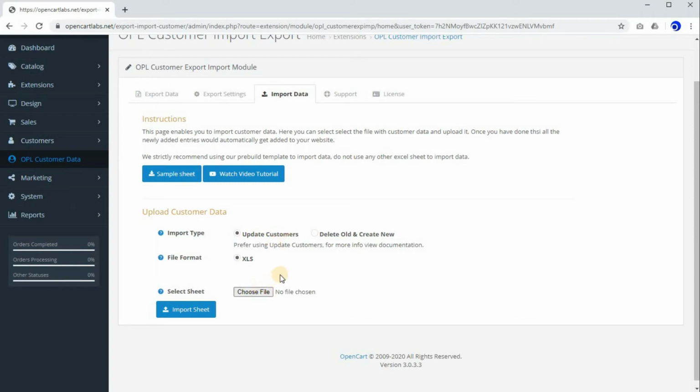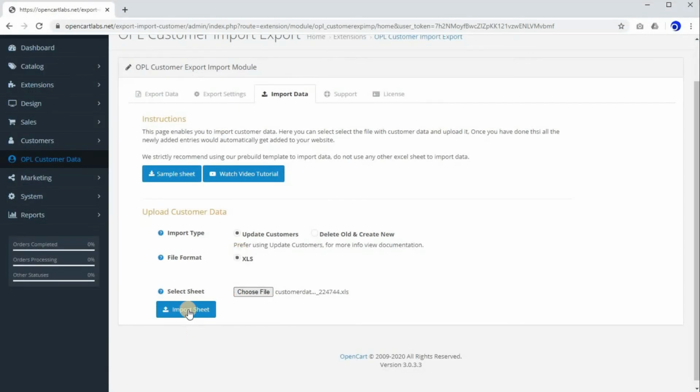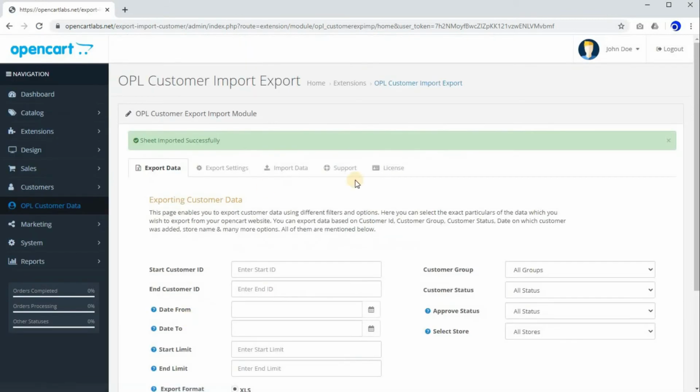So let's select the sheet which we want to import. Click on choose file. This is the sheet which we just saved. Click on open. Now click on import. As you can see, the sheet has been imported successfully.